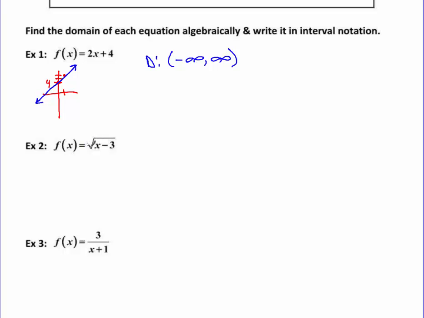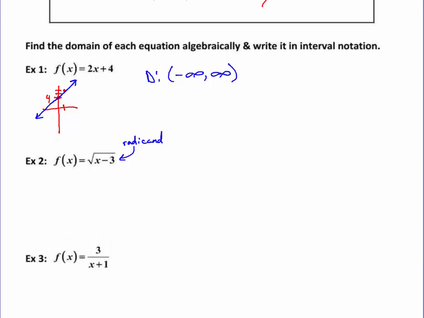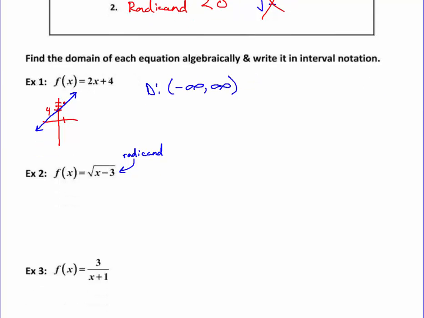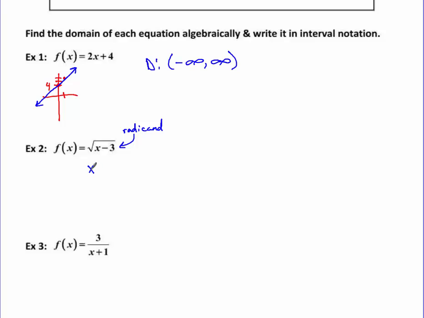f of x equals the square root of x minus 3. If you were wondering about that word from a minute ago, radicand, this is a radicand. So the radicand is whatever is underneath the radical. And for our purposes, we look back up at where functions are undefined: it's when the radicand is less than 0. So we want to make sure that x minus 3 is greater than or equal to 0,